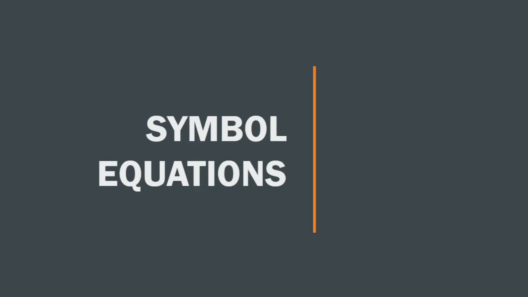Now, what are symbol equations? A symbol equation is a shorter and popular way of representing chemical equations. Whenever you are writing an equation, the word equation is a very long format, and it requires a lot of time, so it wastes a lot of time. So what we do is convert it into a symbol equation. This way we can make the chemical equation more concise and useful by using symbols and chemical formulae instead of words.